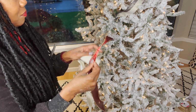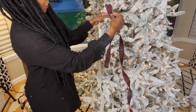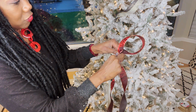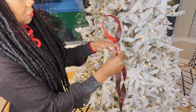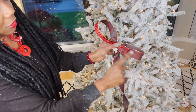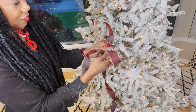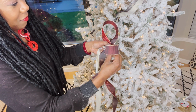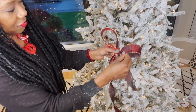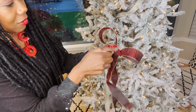What I'm going to do is start off with this one. I think I want to have a longer tail, something like that. Make a little rabbit's ear, pinch it. Okay, yeah. And then make sure the good side is showing. So if you need to twist it, go ahead and twist it. I'm twisting the back of it, pinching it together, making sure that the ears are even, like that. And I'm going to take my wire and,